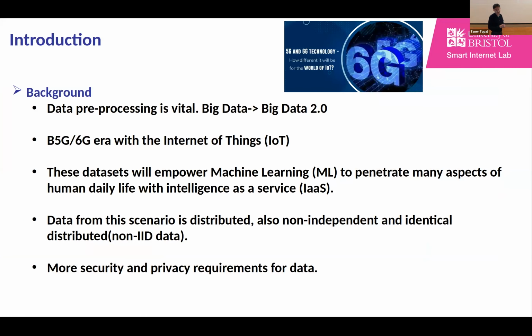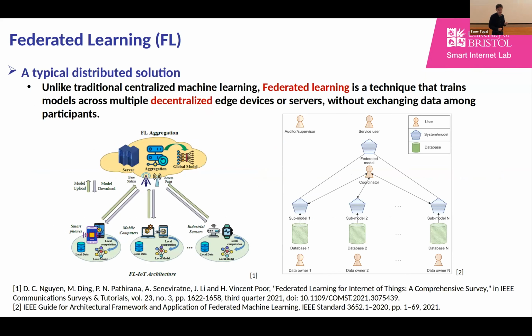So in 6G, we all know that the centralized big data is going to evolve into big data 2.0, which is small-sized and decentralized. And with the massive Internet of Things, we also need to bring AI and machine learning in, with intelligence as a service, and deal with all this non-IID data. And we need to make sure the privacy and security requirements are met. So based on the IEEE